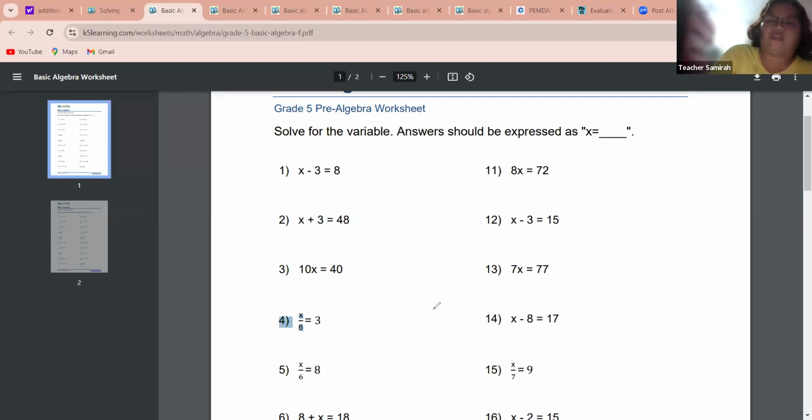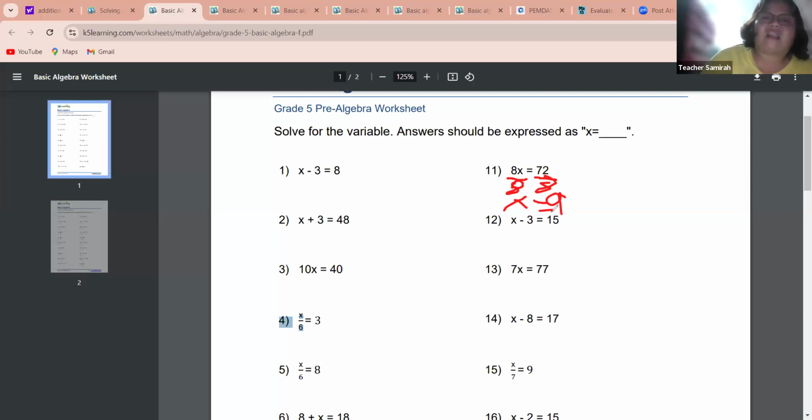We are going to divide 8 from 72. So it looks like this, Tristan. Since we wanted to make sure that we can only have x, we need to eliminate this 8 beside the x, because we wanted to get this x only. But since we divided 8 to the left side, we must also divide 8 to the right side. So 8x divided by 8 would give me x, and then 72 divided by 8 would give me 9. Very good, Tristan.